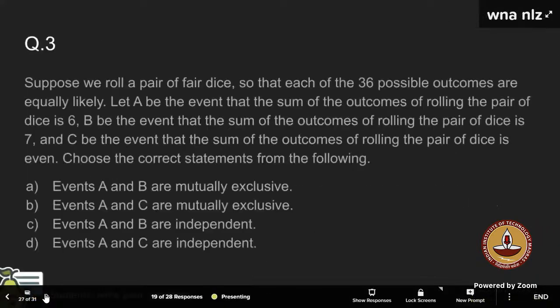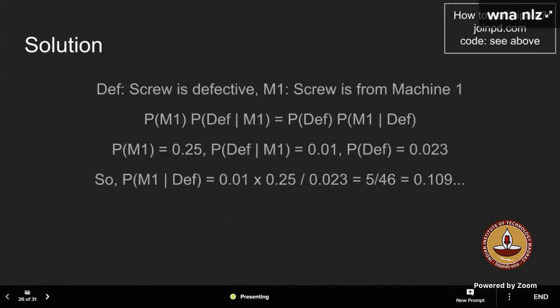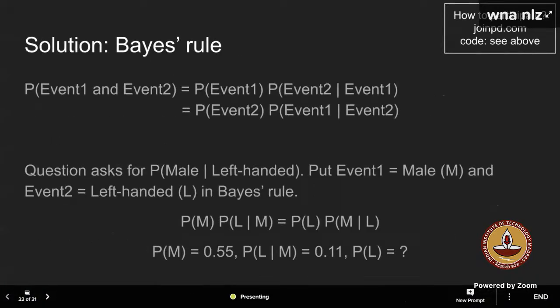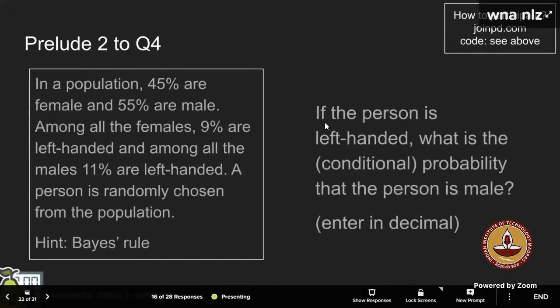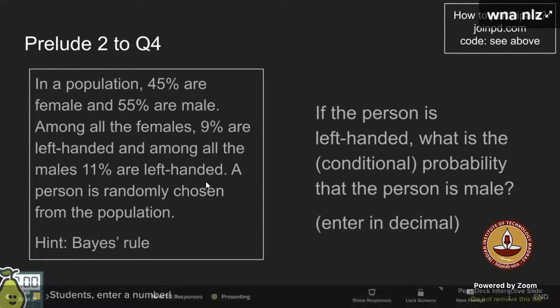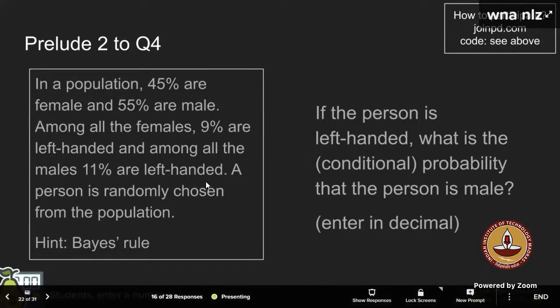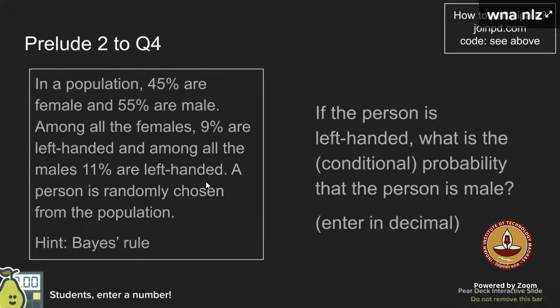Okay, let's see, there was one more question. We'll use this same question. In this question, we know that the person is left-handed. We know the end result, that the person we choose is left-handed. We have to find something in the middle, whatever that is. So go for Bayes rule again. Okay, is that clear?